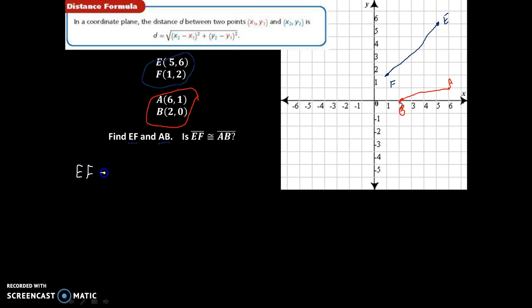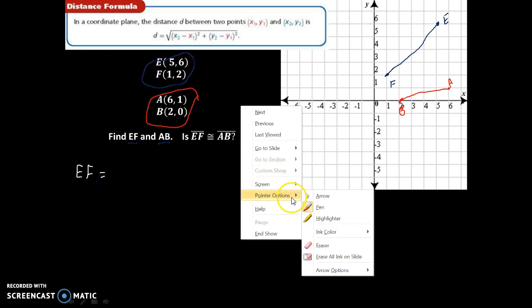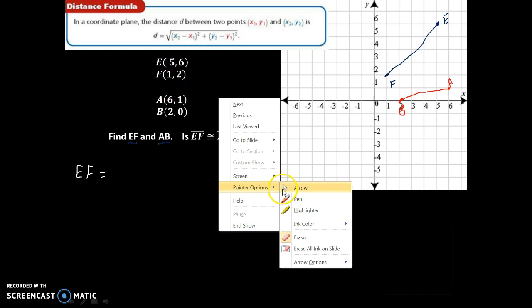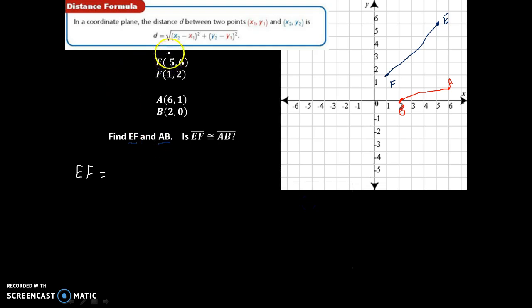So using our formula, and it absolutely helps if you list your points vertically, because what that does is it helps you see your points lined up in terms of x and in terms of y. So just remember, everything that's in the first position are x's, and in the second position are y. So we're looking at E and F right now. So our formula says we have the square root